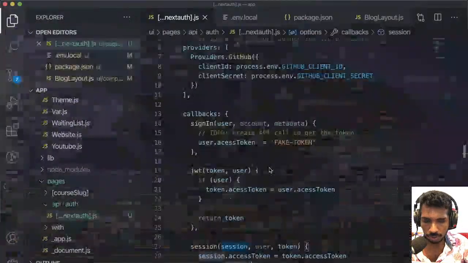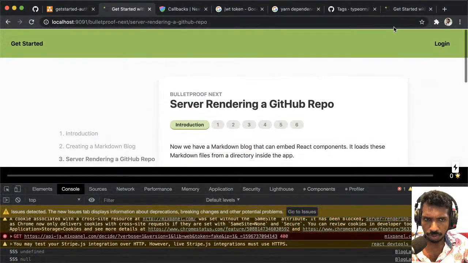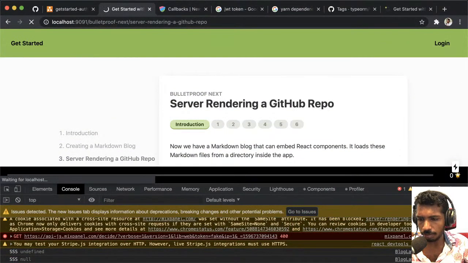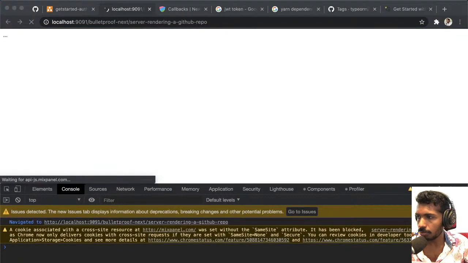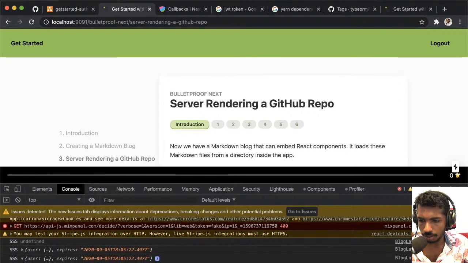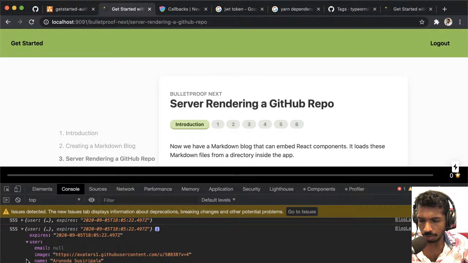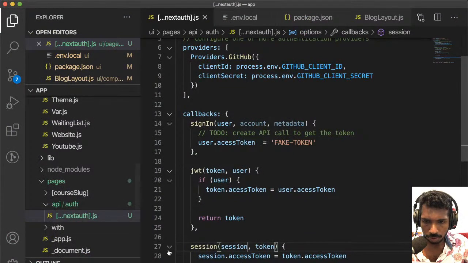Which is interesting. I think token is the second parameter, not the third one. Let me try again. Yeah, this time it worked, but still we don't have the token, which is interesting. It's interesting for sure. And JWT and